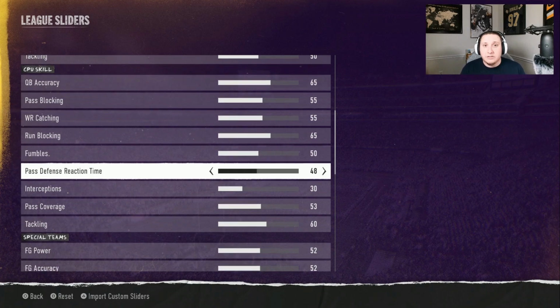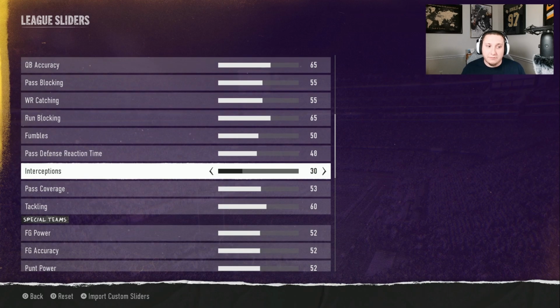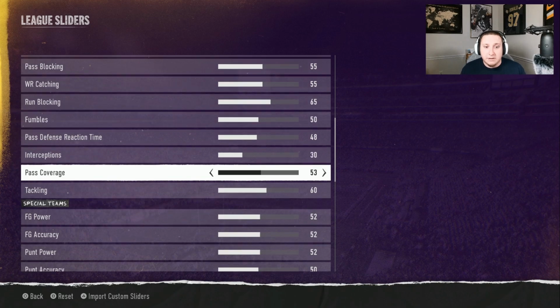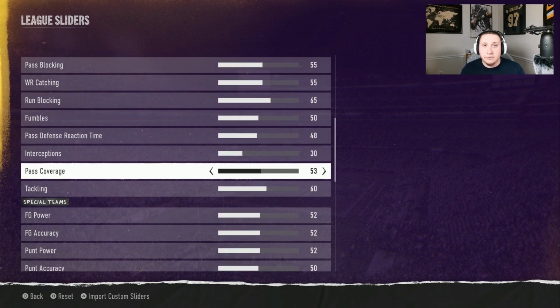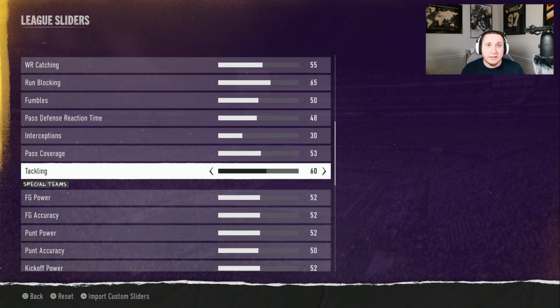Pass defense reaction time, increase for better pass defensive break on the ball. Interceptions, increase for more interceptions, more caught balls on the defensive side. Pass coverage, increase it for tighter pass coverage, and tackling, increase it for better tackling, better pursuit angles, and those